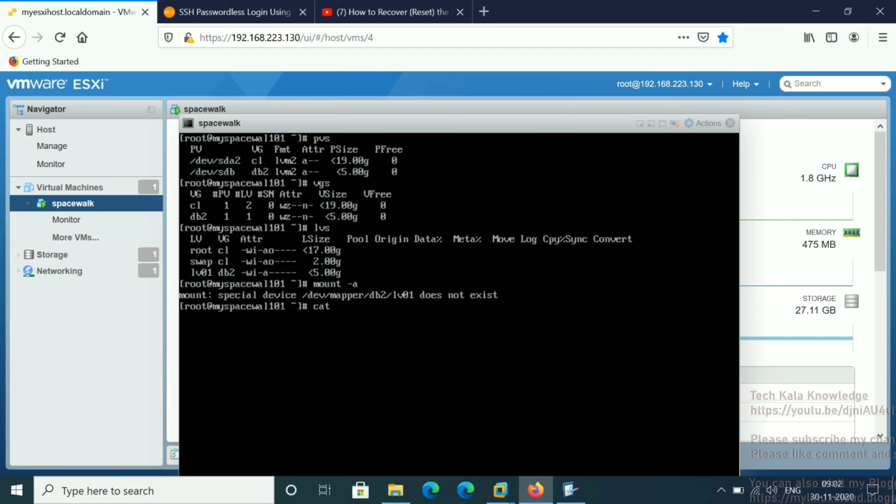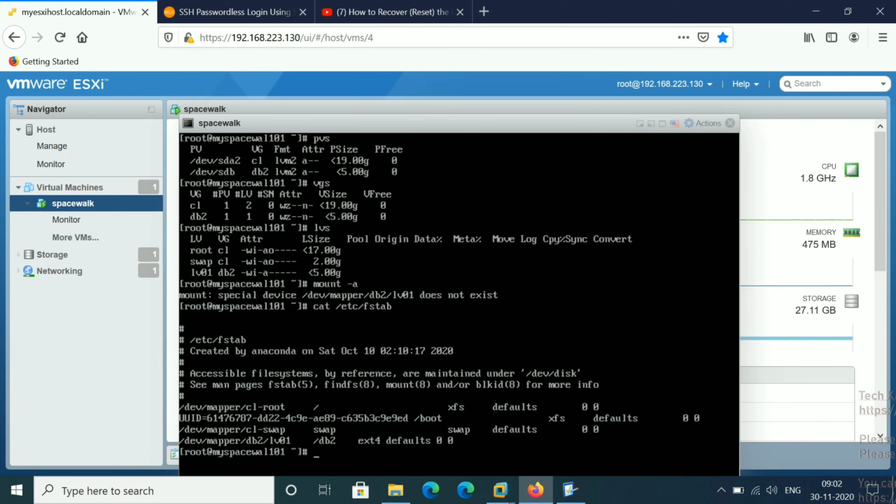Let me check the entry in fstab. The entry is available, but I'm getting an error, so it indicates some syntax error inside the fstab. Because we checked the PV, VG and LV, and they are all available, then why is it not mounting? It means some syntax problem inside the fstab. So let me check what the syntax problem is.